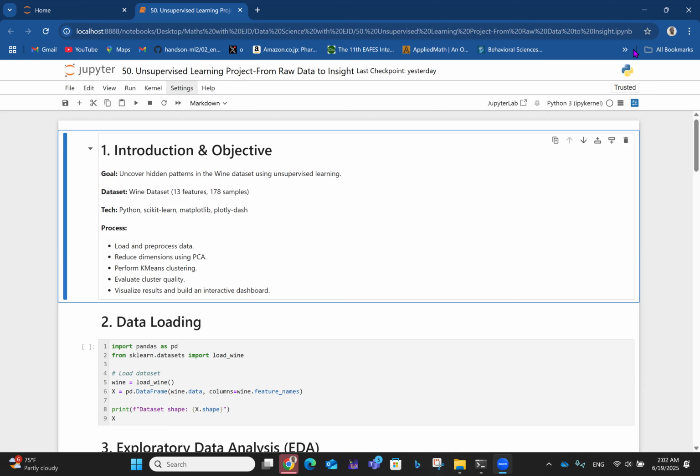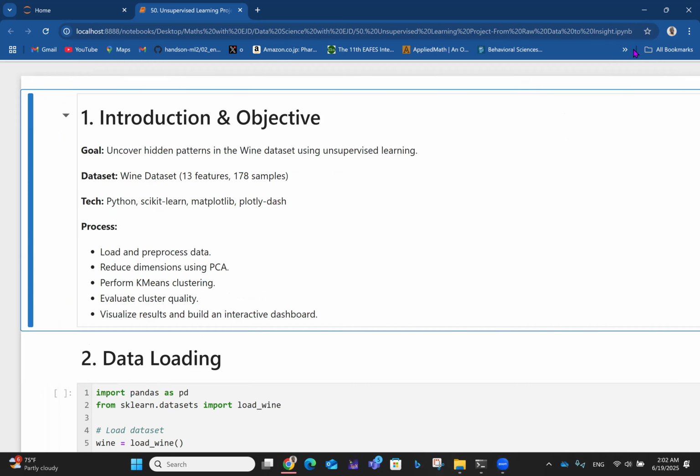In this video, I'll be talking about unsupervised learning projects, from raw data to insight. This is like the last video talking about unsupervised learning. We'll run through a typical unsupervised learning project pipeline, and that will end up with a dashboard. Okay, so in the introduction and objective, our goal is to uncover hidden patterns in the wine